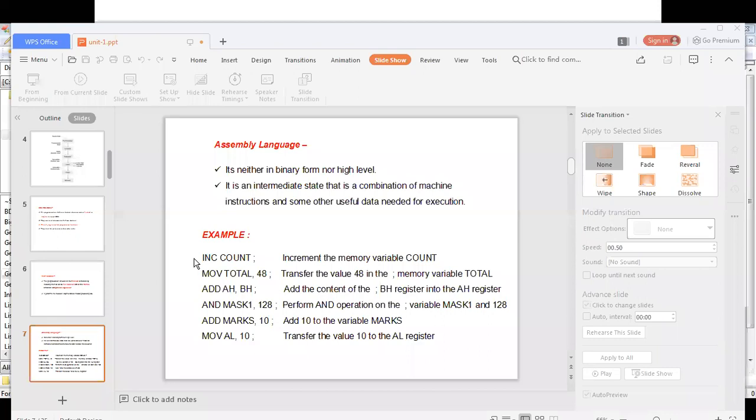Several codes are available in the assembly language for every operation. They are called the op codes or operation codes. The full form is operation codes. For every operation, some code is available: for increment inc, for moving mov, for adding add, for end operation and like that. They are called op codes.